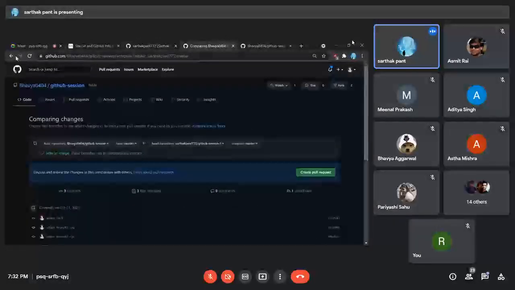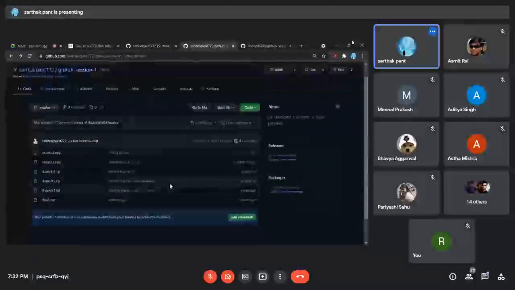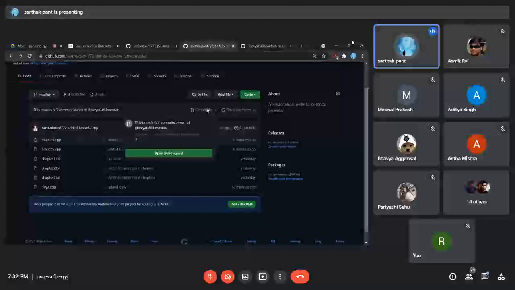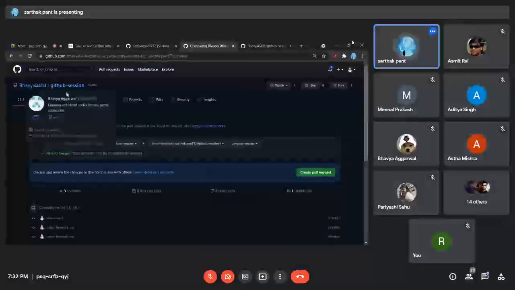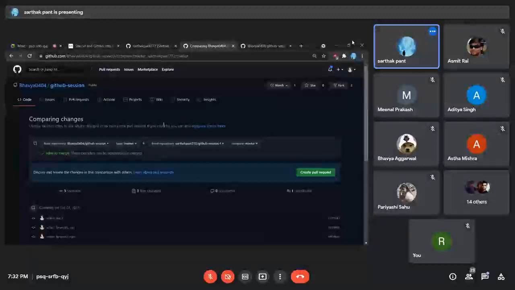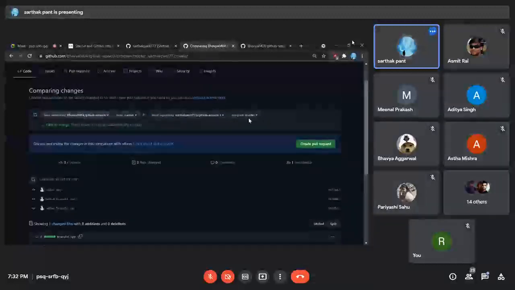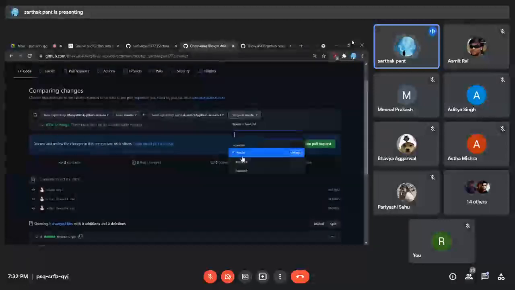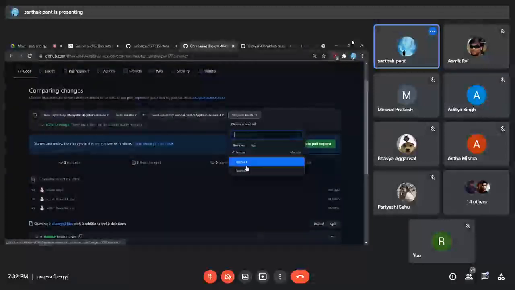Let me go back. I want these branch 1 and branch 2 things, the features that I have added, to be added into the main repository, the main owner of the repository, that is Bhavya. And if you can see, Bhavya has only 1 branch, but I have 3 branches over here.